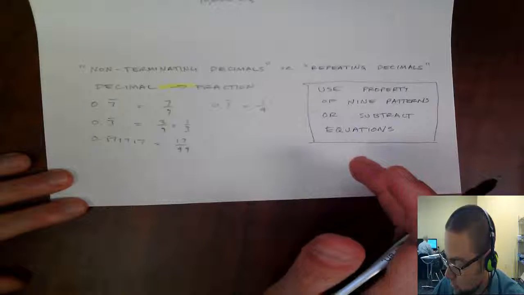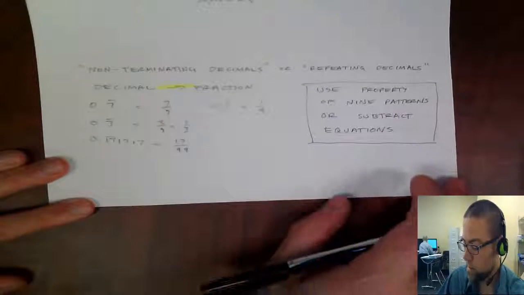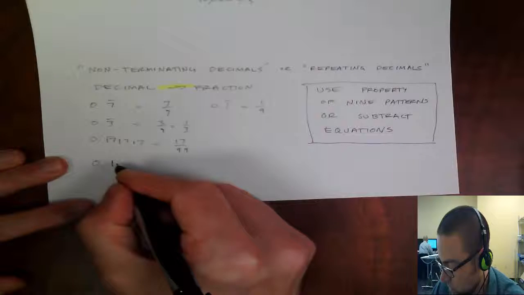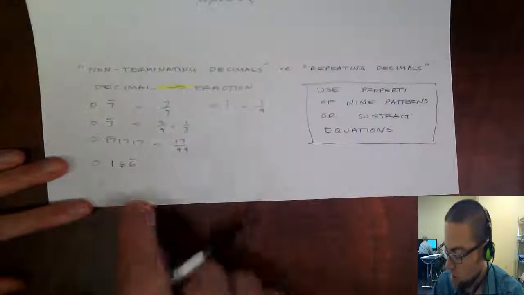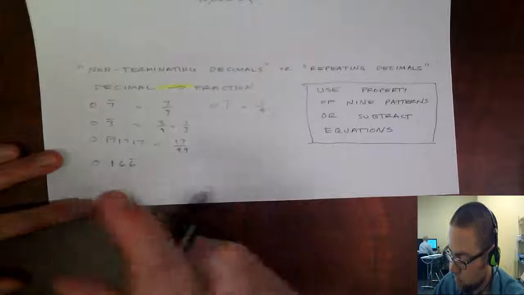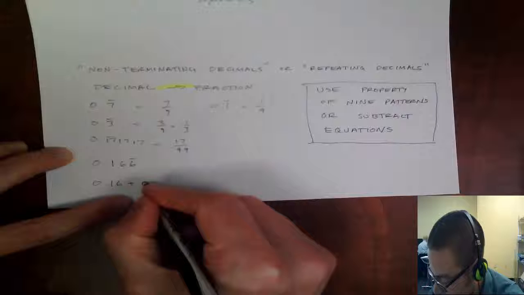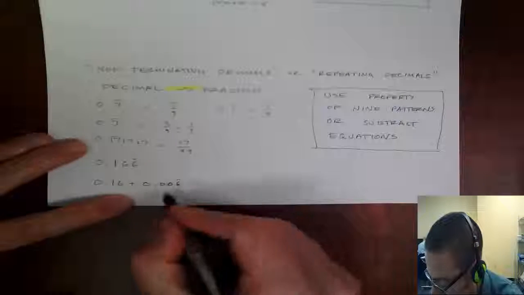Now, we do have another way of doing it, subtracting equations, and sometimes if it doesn't repeat right off the bat, so maybe you get like 0.166, and the 6 repeats, right? So that you could say, well, it's 0.16 plus 0.006 repeating, and then you can put this part over the 9, but it gets a little bit more confusing to do it that way. So I like to use the subtract equations method,